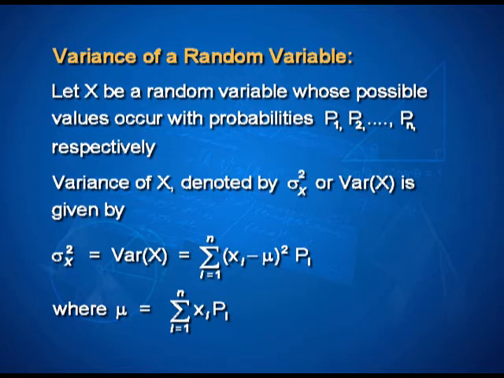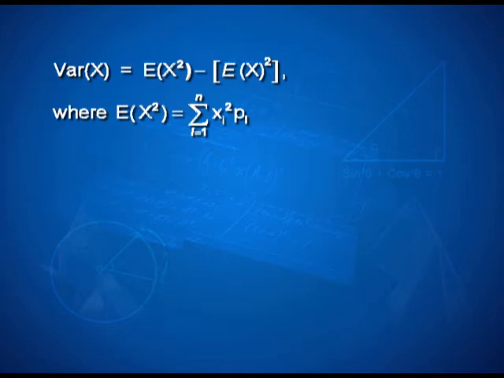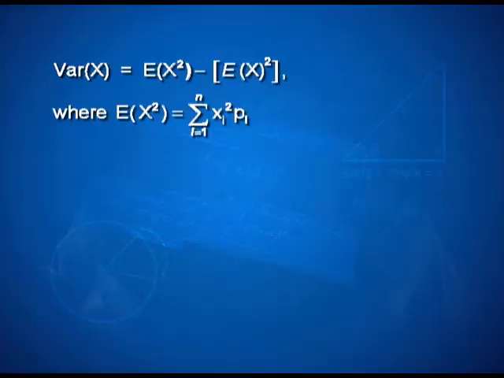So, (xi minus mu) whole square times pi. The summation of this gives us the variance, and it is written as Var(x), or the standard notation is sigma, the lowercase Greek letter,